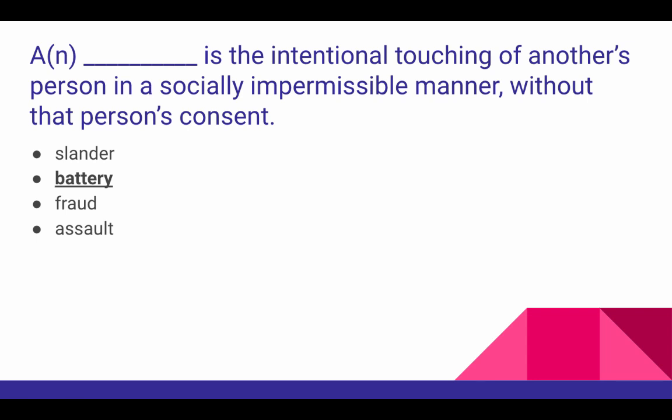When we look at assault and battery, it's often confused. Assault is a credible threat of some sort of impermissible touching. So the example I always use is Dr. Hampy's office, which is right across from mine in Scaife Hall. If I were to go into Dr. Hampy's office and say, hey, Dr. Hampy, I'm going to punch you in the nose, that would be assault, because I would be a credible threat. I am an adult. She is an adult. If I threaten her, that would be considered assault. I don't actually have to touch her for it to be assault. If I were to threaten her and then punch her in the nose, that would be assault and battery.